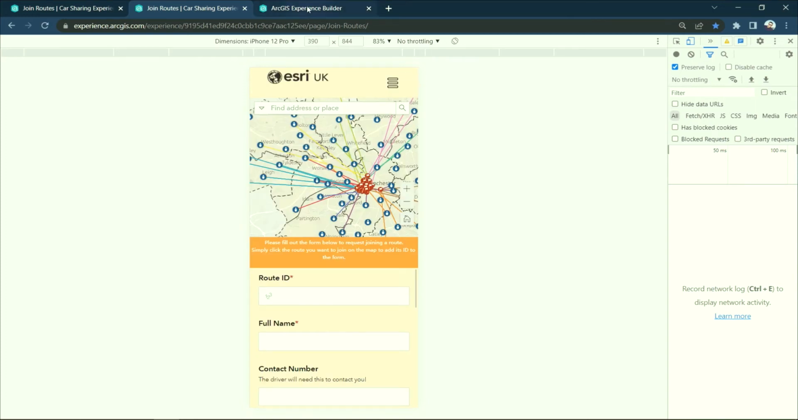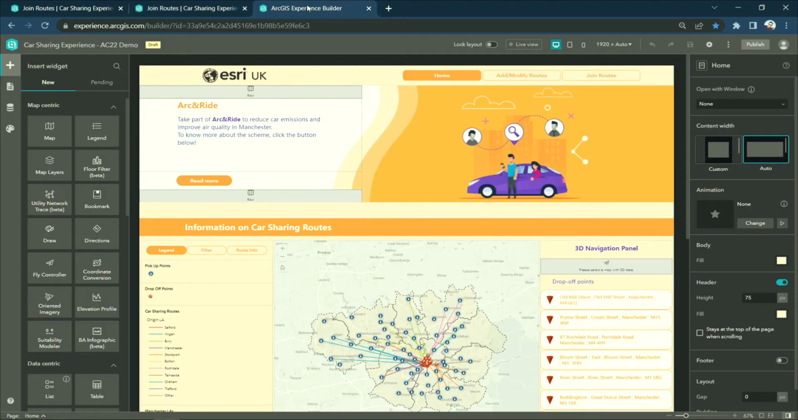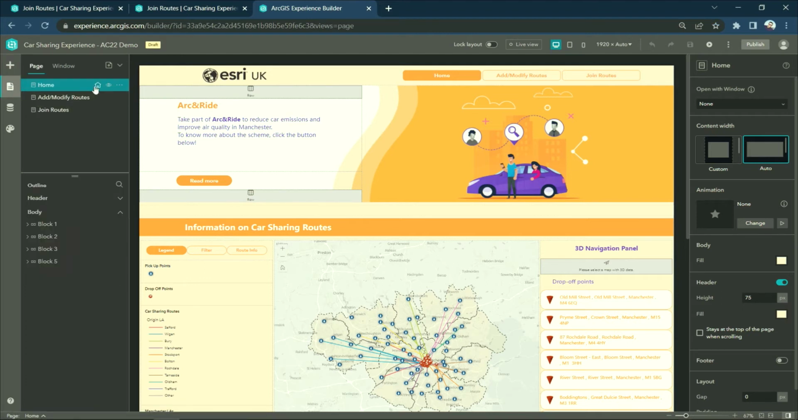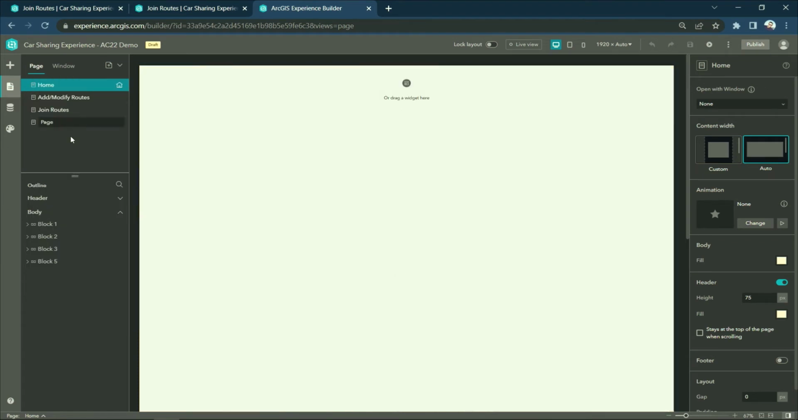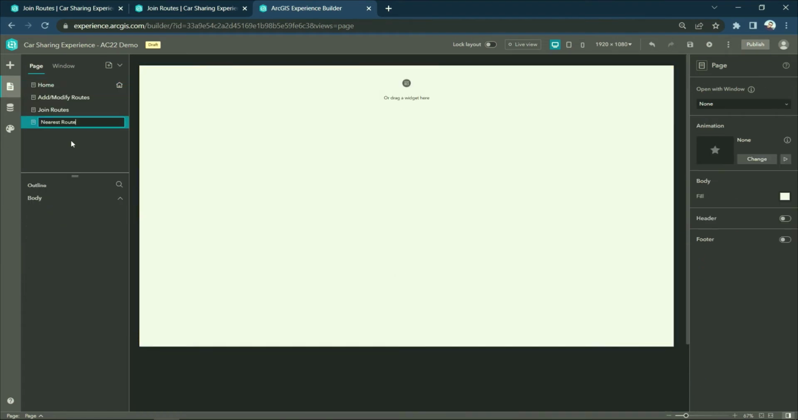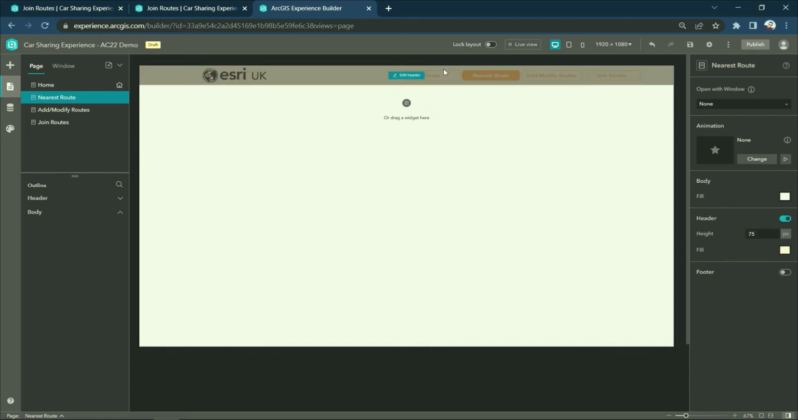Now, to show you quickly how the builder works, I'm going to demonstrate how to add an embedded application into my current experience. So the first thing I will do is add a new page, and I will choose a blank full screen template. I will call this nearest route, and then move it to be my second page. Now, after doing that, in the page properties, I will enable the header to add it at the top of